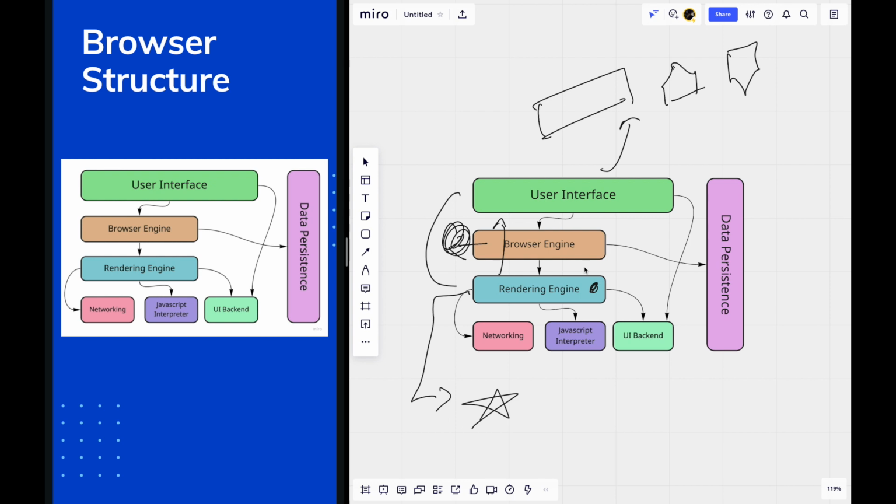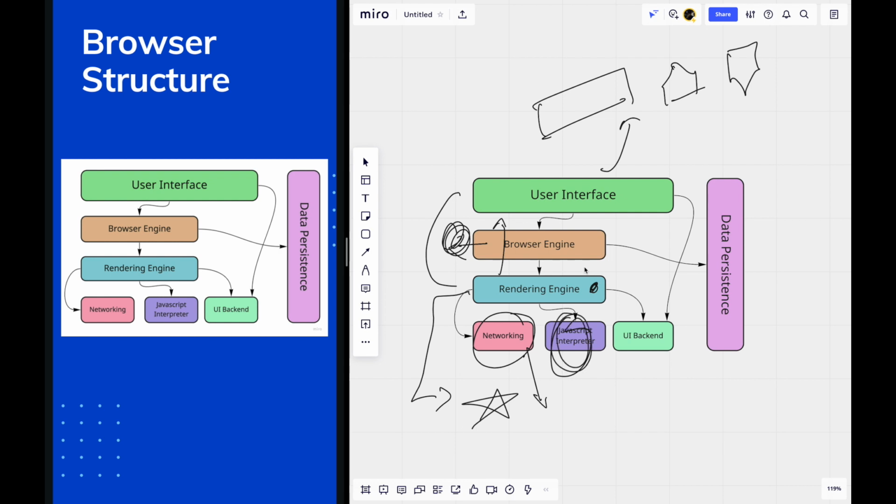The next we have a networking layer. You must be aware of the HTTP requests that we make, the FTP protocols. There are the fetch requests that we make in our browser. All those are handled by the networking layer of your browser. Then we have JavaScript interpreter. As the name is very much clear, it interprets the JavaScript. Whatever JavaScript code you write in your browser, that is handled by this JavaScript interpreter. It is parsed and executed, and then it is provided to the engine. So this is handled by JavaScript interpreter.